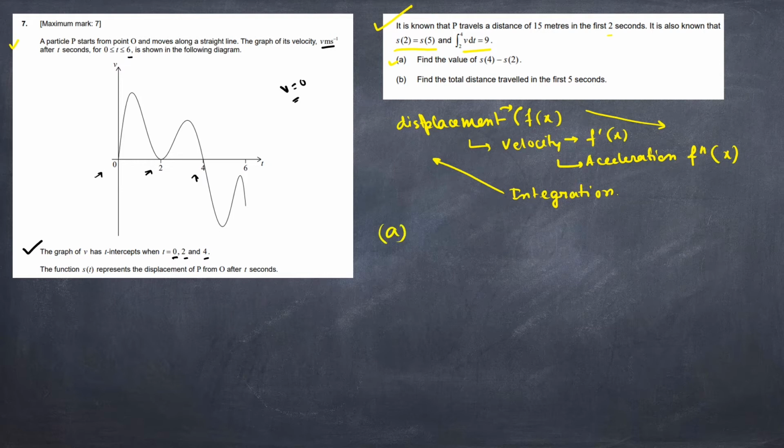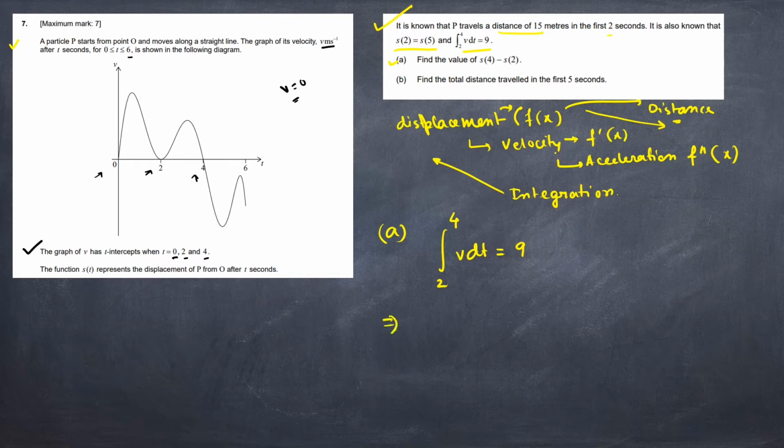So we will take this: the integral from 2 to 4 of v dt equals 9. If we integrate velocity we will get the displacement, or the speed also. We get displacement from here. If we say distance here, it will be speed, not velocity. So in this way, no problem there.